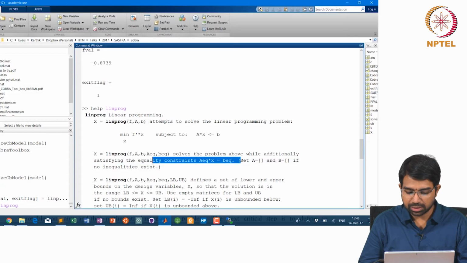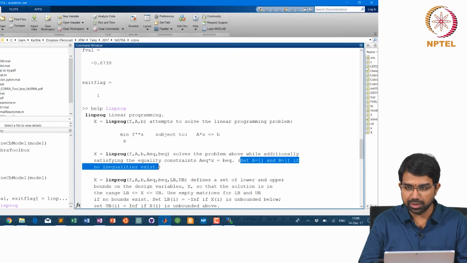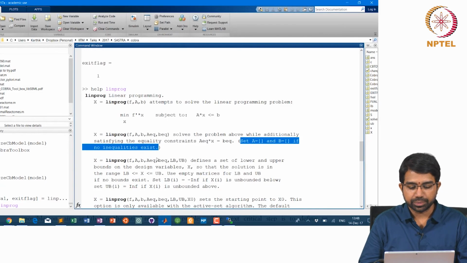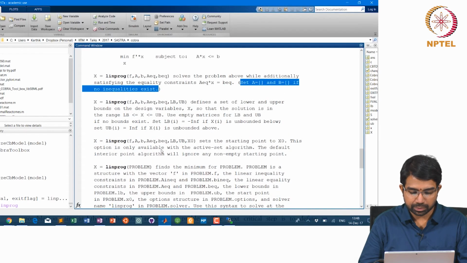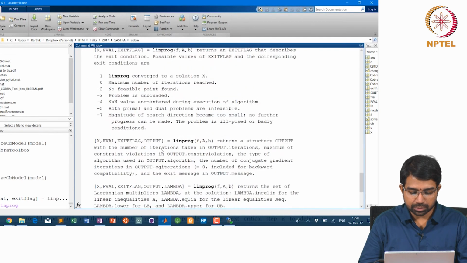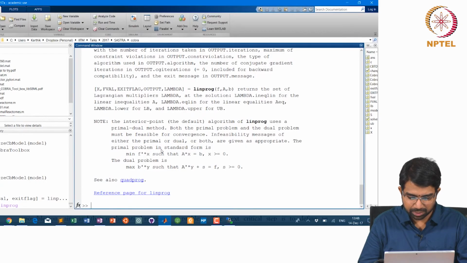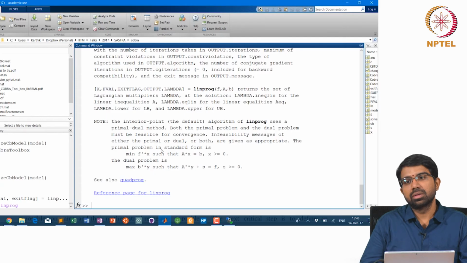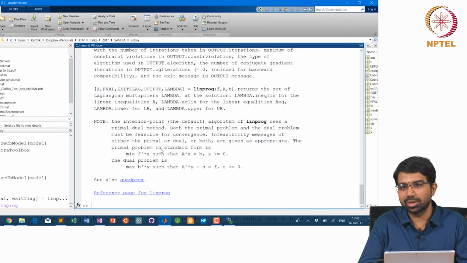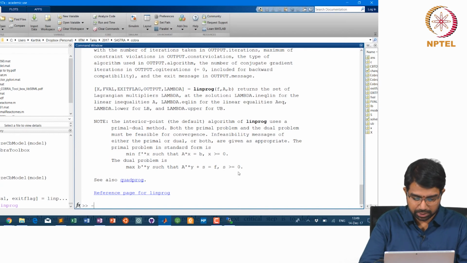So, in here it says clearly set A equals empty and B equals empty if no inequalities exist. I thought there was a way to ask it to maximize, but no big deal, right? You can always say minus C. And whatever x value we are getting should be put like a minus for before everything. No, so you will just do minus C into x. So, minus